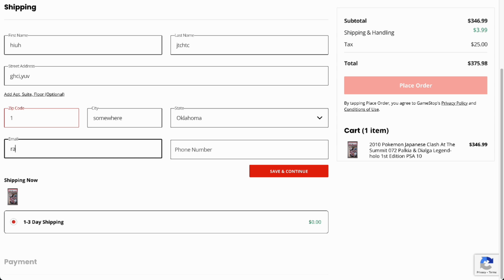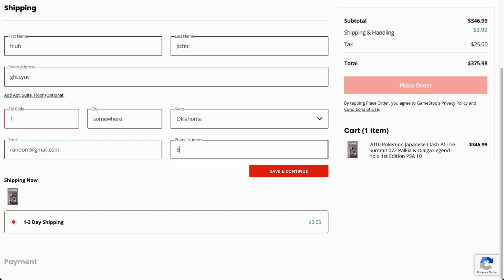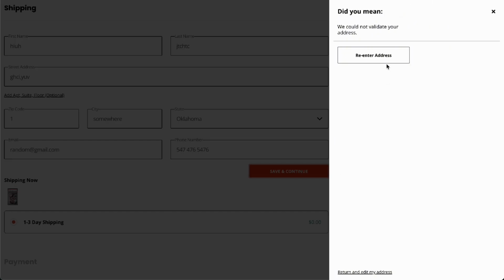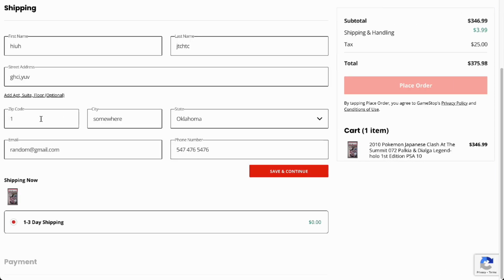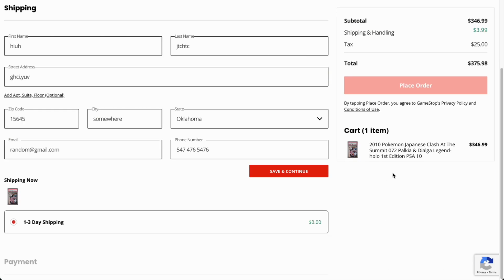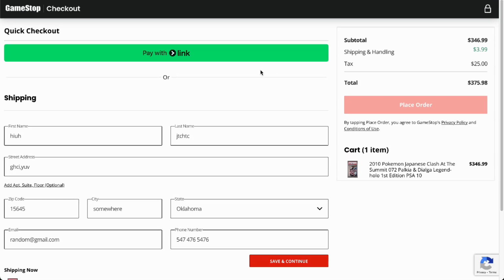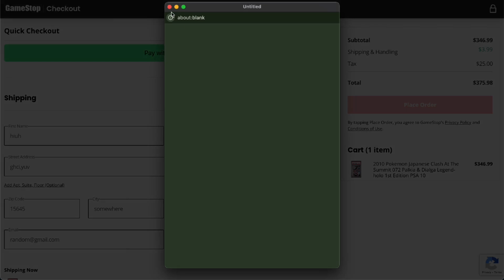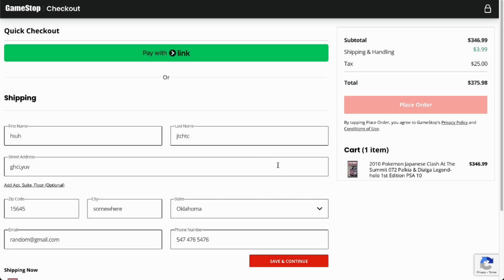Next is a random email. So we will enter random emails from here and then phone number. So I will enter a phone number and save and continue. So they could not validate my address, so I'll just try this. So, anyways, whatever you do, and basically after this, you can do a quick checkout, and then enter the